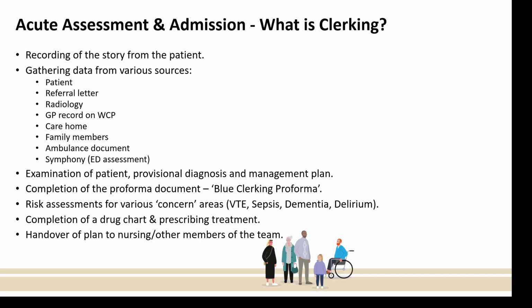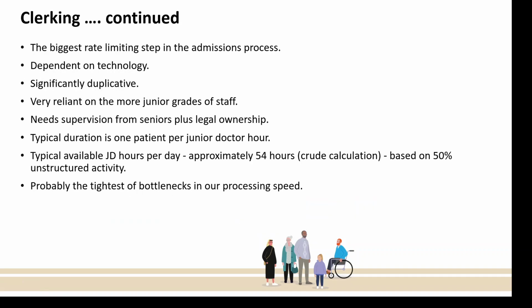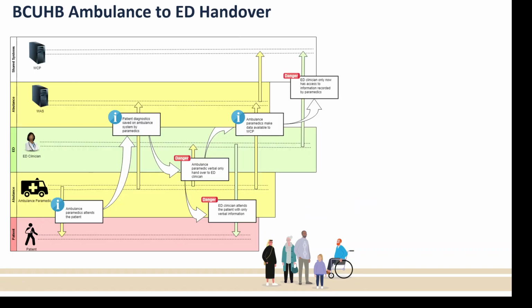And it talks about how we gather information from multiple different silos of data. That's the key thing here, and some of the impact that has on our patients. What we've got in this section is some flowcharts. So we brought an independent in to look at some of our pathways, observe some of those pathways, the handoffs, etc.,